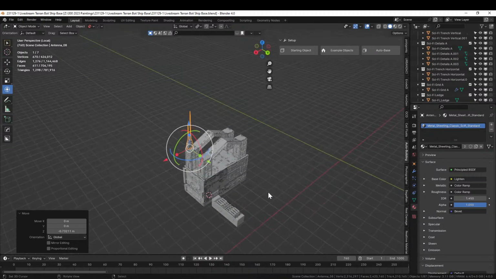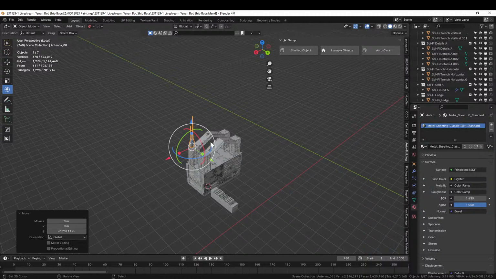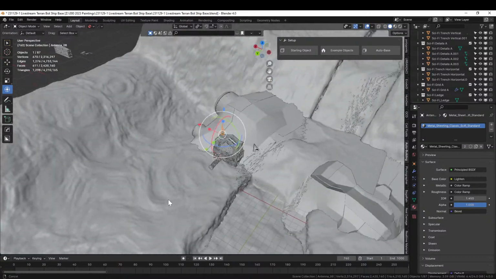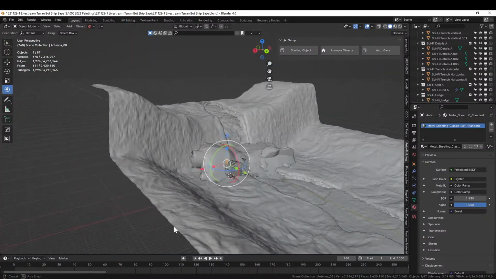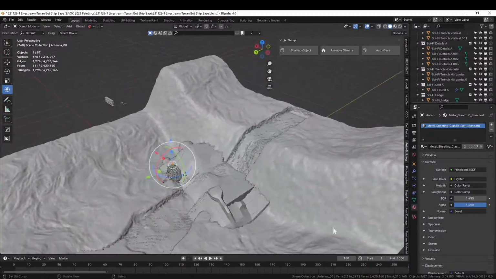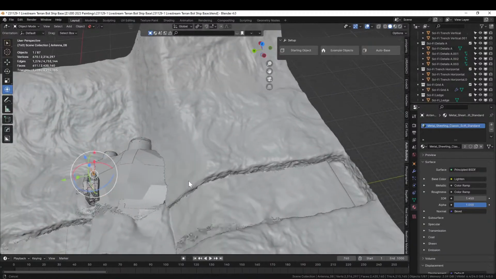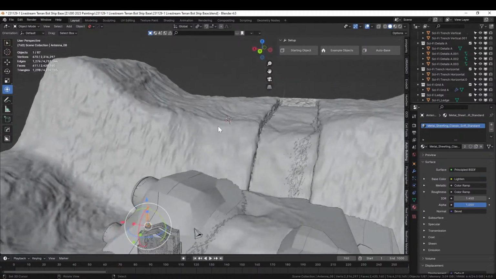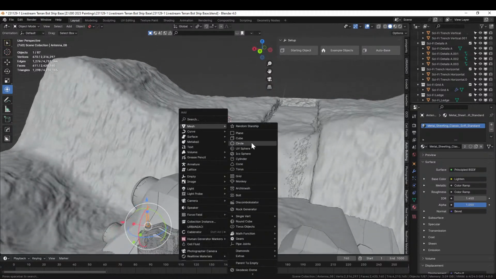And if we want to do that, we probably want a separate building for the big gun. Yeah, it would make sense because I say so. Where would we put it? They might want it up on the ridge because that would give them more area on it. So if we put a big one up here, Shift A, mesh,